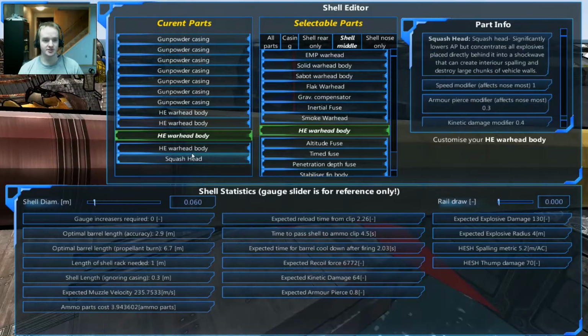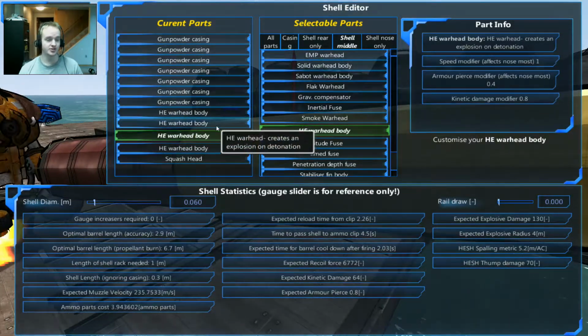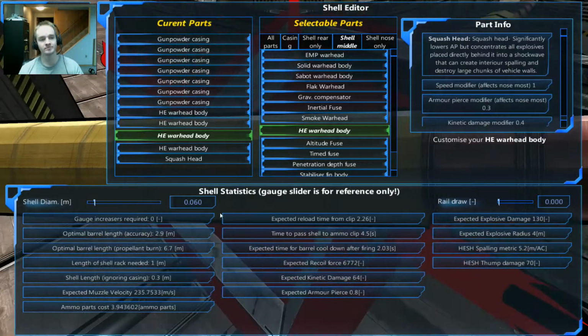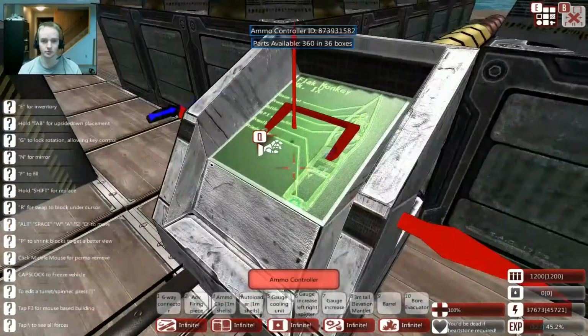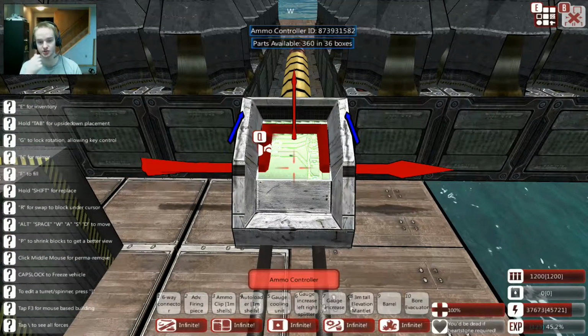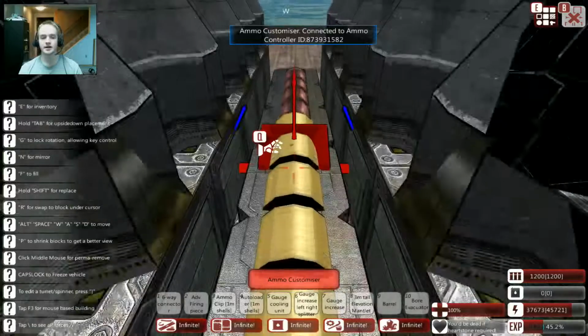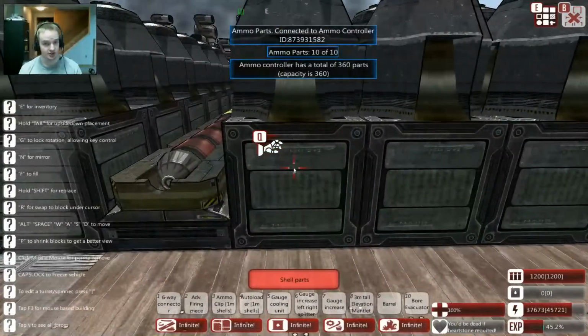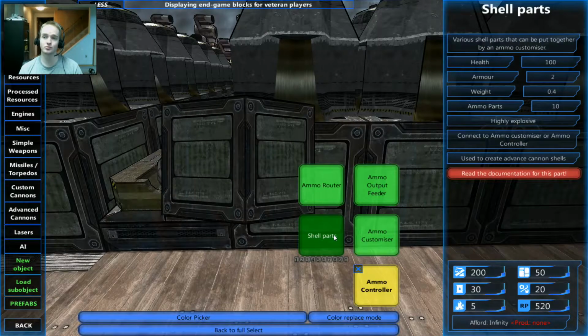And that's why I have these HE warhead bodies directly behind it, and all these gunpowder casings to jack up the velocity. We'll talk about this in depth later. Don't worry about it too much. For now, all you need to know is you need an ammo controller and ammo customizers on the whole. And then these shell parts. These shell parts are what actually